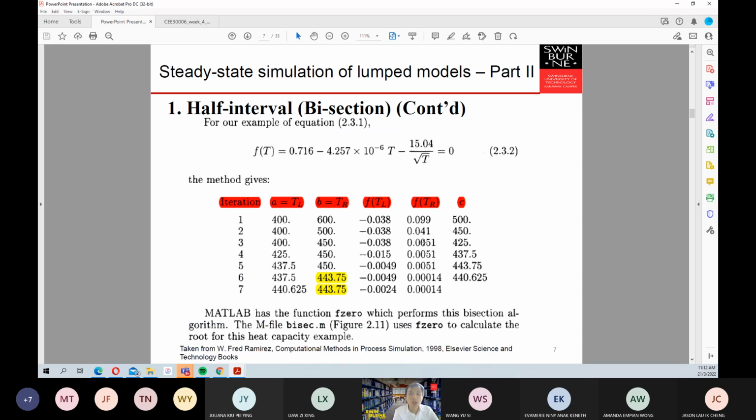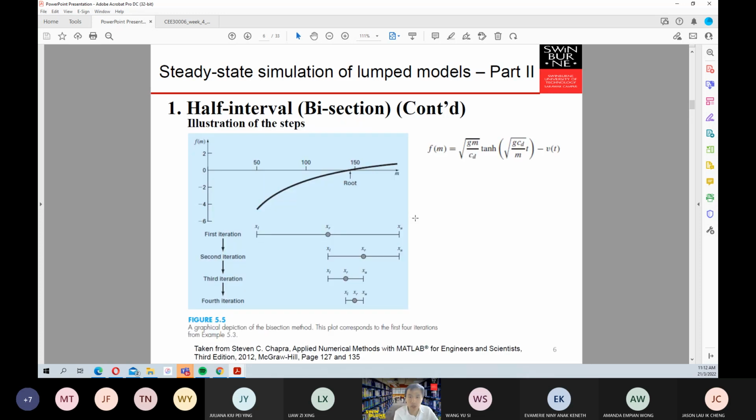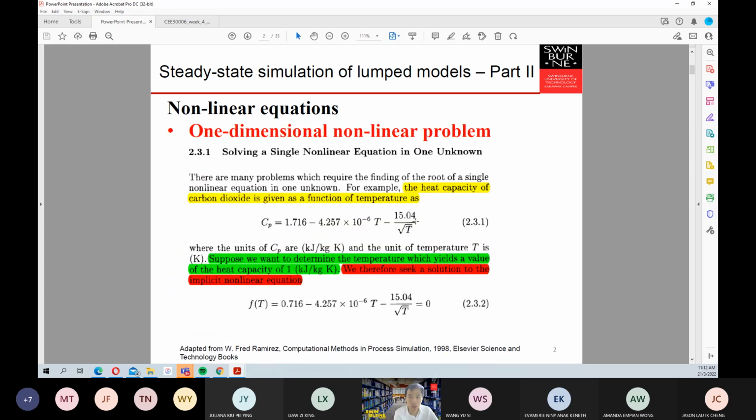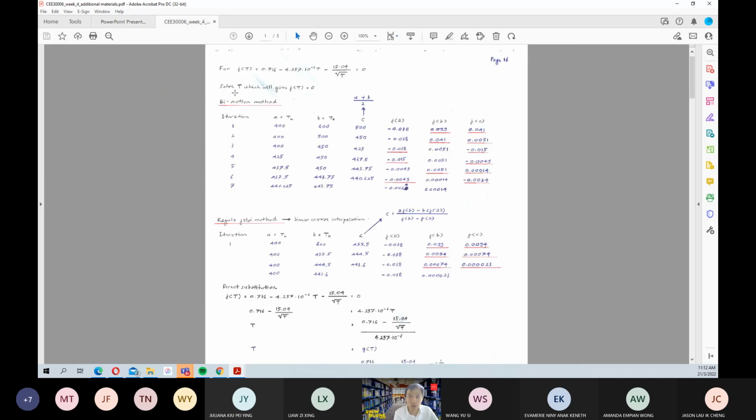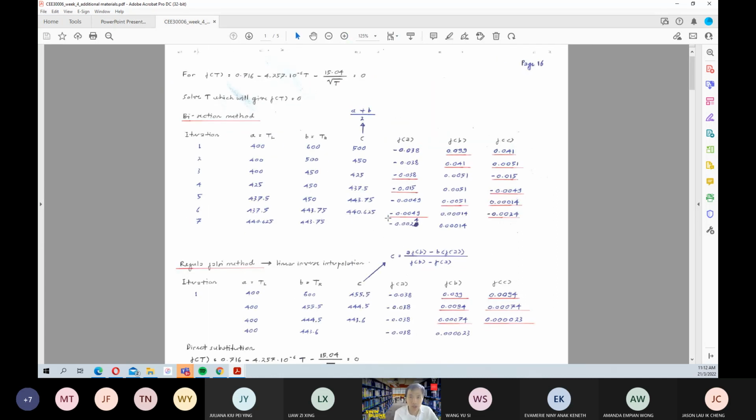Okay, so what will happen if we want to solve that particular problem of Cp equal to 1 that we defined in here? These are our functions, right? So what we do is look into the additional materials that you have. Let's start with 400 and 600, because 400 will give you a negative value, 600 will give you a positive value, right? Then you find the midway or the half point between 400 and 600, which is 500. Then you substitute this 500 into this particular function.